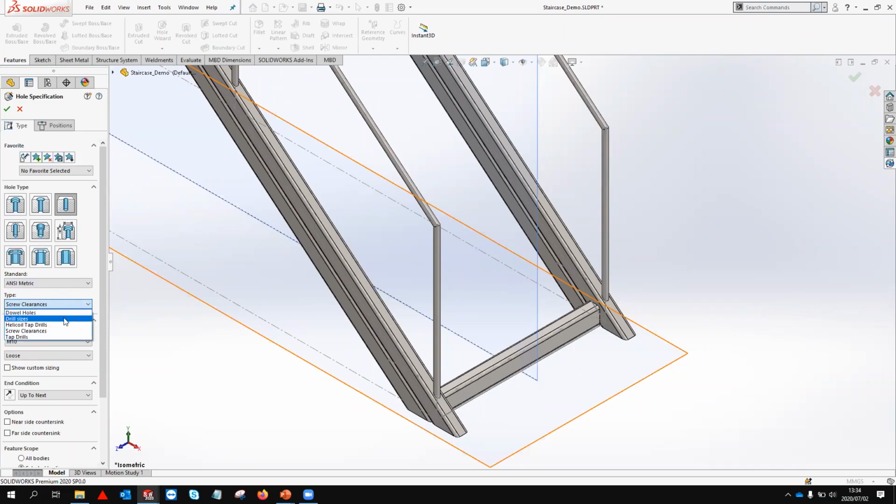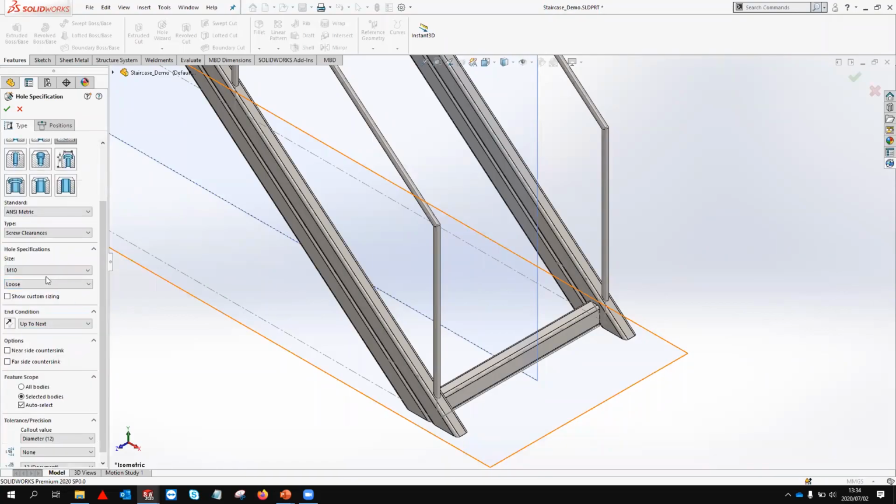For the type of hole, it could just be a normal drill size, or, like in this case, I want to use screw clearances. So the hole is not defined by specific dimensions. Instead, the hole is defined by the fastener that will fit into the hole. In this case, I'm going to use an M10 fastener, but I want a loose fit. Now, although I'm using an M10 fastener, if I select loose fit, it will actually create a hole with a